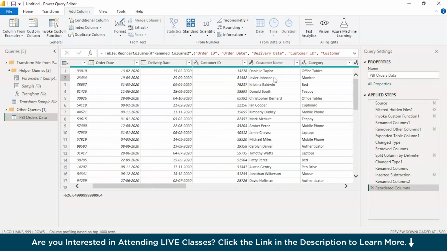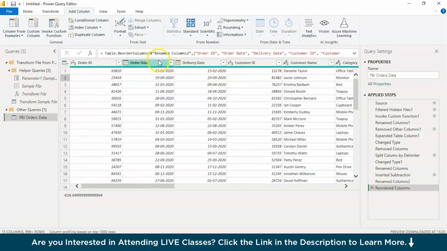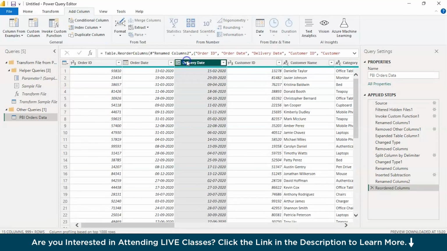Now, if we come to the initial states where you have order date and delivery date, let's say I want to calculate the number of days taken by the delivery agency to deliver the product to your customer. That can be calculated by subtracting order date from delivery date, right? Choose the delivery date column first, next the order date, right? Now same, go to add column, and here